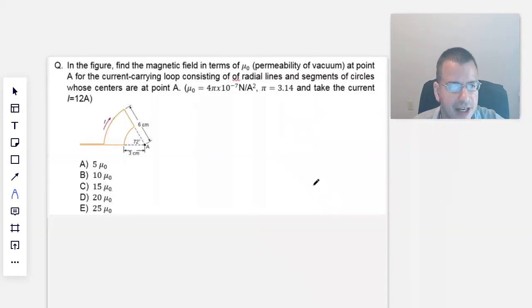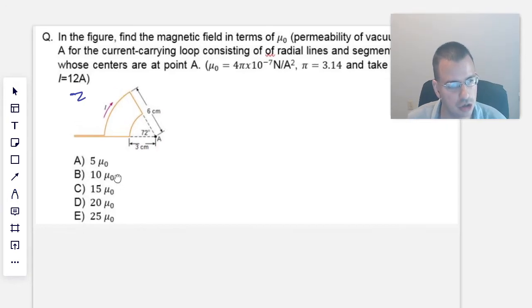In the figure, find the magnetic field in terms of mu naught, the permeability of vacuum, at point A for the current carrying loop, consisting of radial lines and segment circles whose centers are at point A. They give us some values, and they tell us the current is 12 amps, which is good. All right,